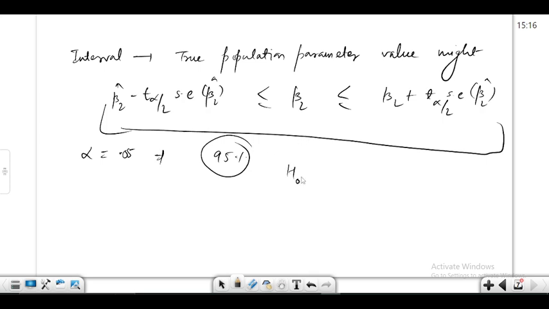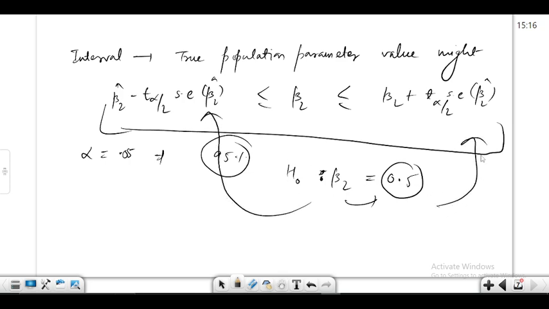If the H naught says that my beta 2 value is 0.5, I'll create an interval around this beta 2 value of 0.5 through this method, and check whether